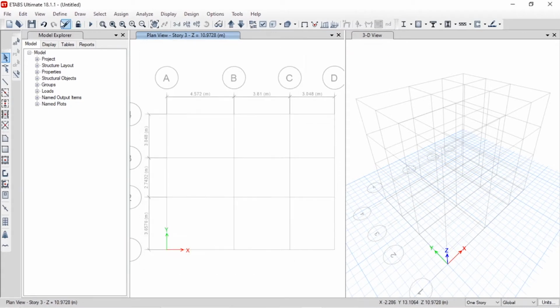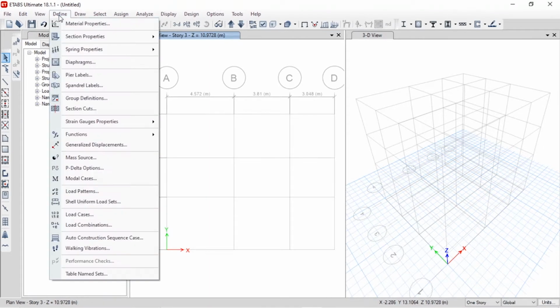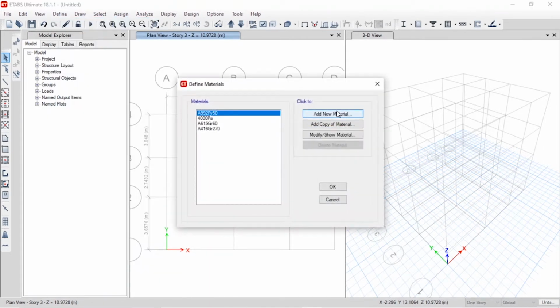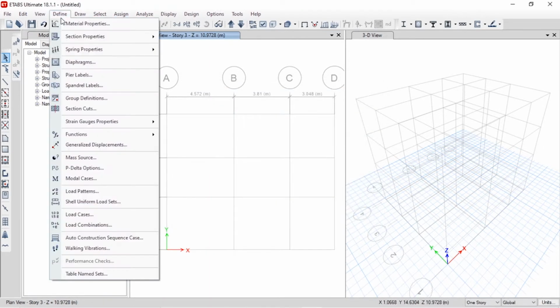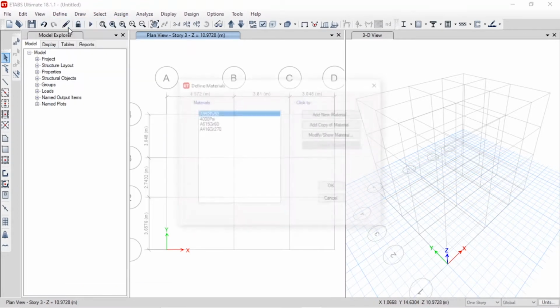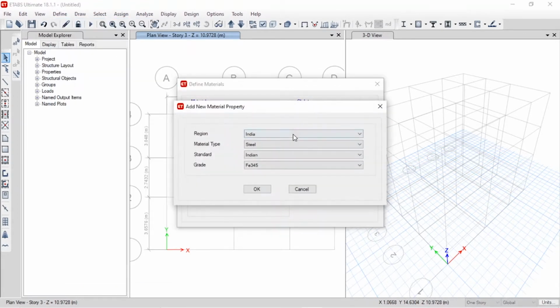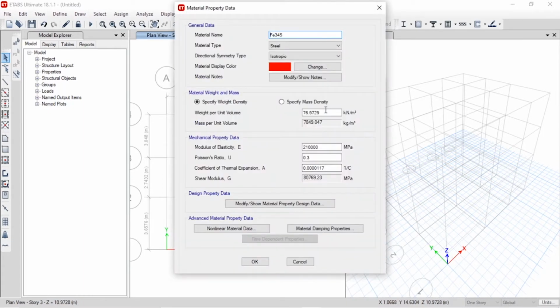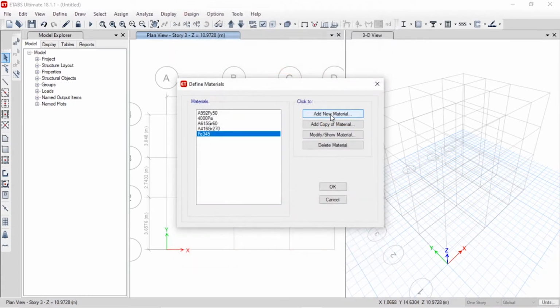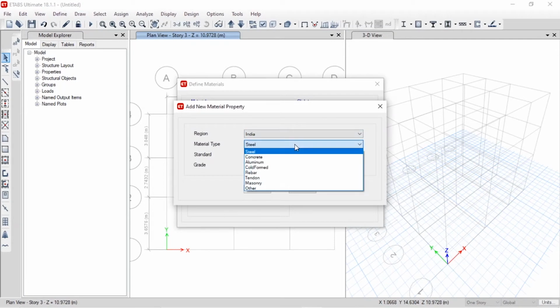First, in this part, we will see how to define the material. To define the material, go to Define, Material Properties, Add New Material. Since the region is India, and the material type is steel, I'm going to add this one. The default properties will be taken because those are the standard materials available in the ETABS library.